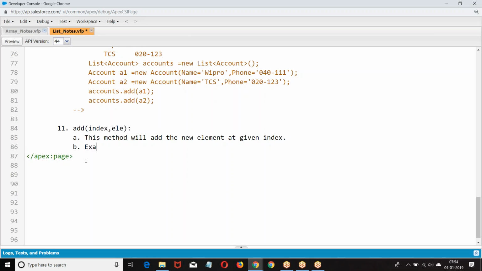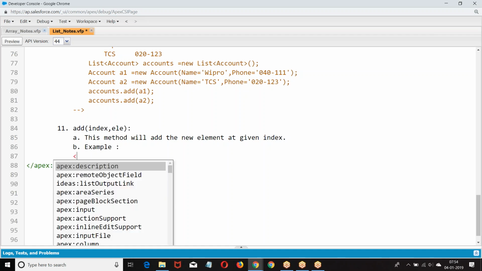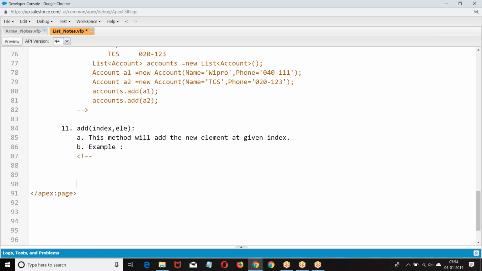Now let us take an example. Integer, given age dot add 10, 20, then